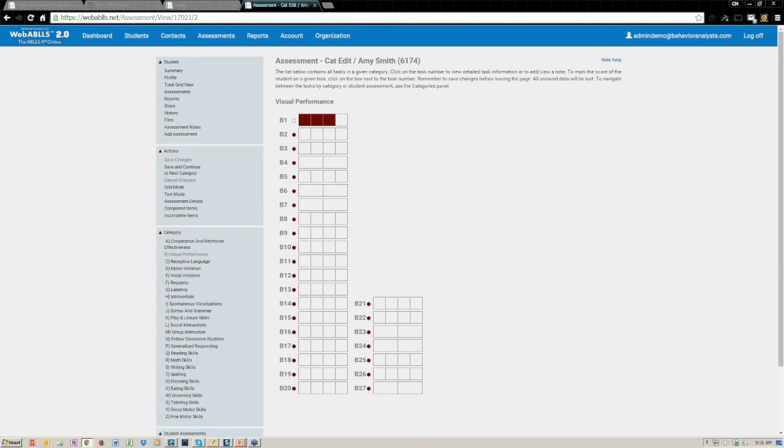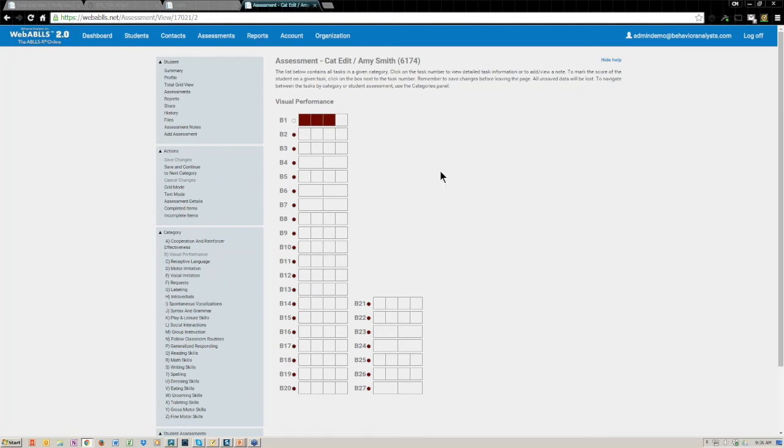The category edit screen was developed as a marriage between both the grid and the text: the grid in its format, the text in that it's each category individually. The reason it was developed is that this is specifically designed for people who may have small computer screens, or might use a smartphone or a tablet. The categories and tasks go from top to bottom, and the boxes are much larger and much easier to select when it's on the smaller screen.